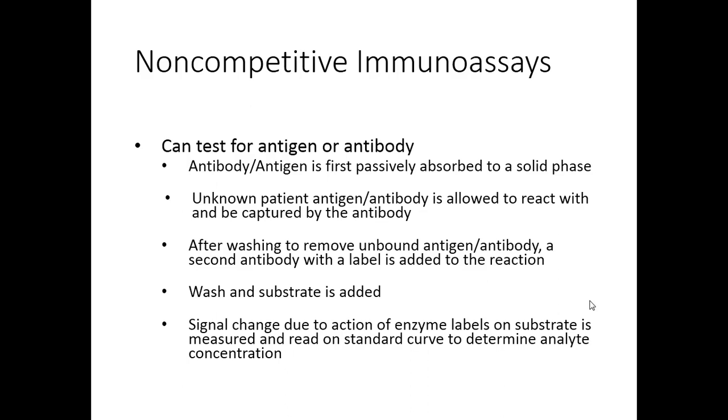We're first going to, as I said, passively absorb the antigen or antibody, and then we're going to allow an unknown patient antigen or antibody to react and be captured by the antibody. Then we wash. We're going to wash because we're going to get rid of all those unbound antigens or antibodies, whatever it is. And then we're actually going to add a second antibody, this time with a label. So this is going to be an anti-human immunoglobulin that's got an enzymatic label for our purposes. We're going to wait, and the FAB region of this second antibody, this anti-human globulin, is going to bind to the FC region of